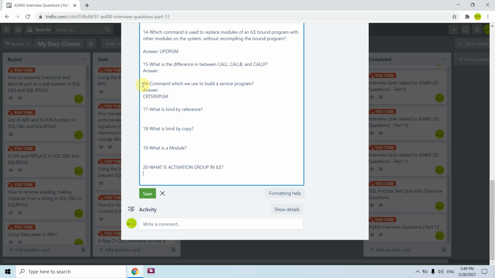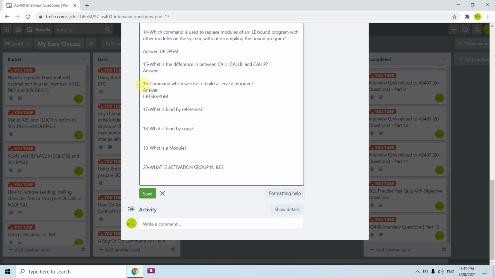But what the operating system does is create a subset of that job, and whatever resources are required for us to execute our program, it bundles and makes available to us in an activation group. So that's a substructure of a job, you can say, and it's just a specialized environment where we can run our programs. The activation group options are basically these: